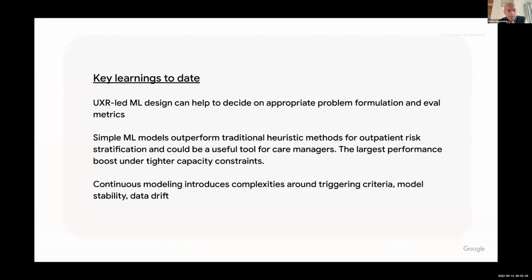So given time, I'm just going to pause there and highlight three key learnings to date. First, UXR-led machine learning design can help to decide on an appropriate problem formulation and eval metrics, and help to bring in the capacity and policy-based notions that Nigam had referenced at the beginning. Secondly, fairly simple ML models in terms of the model architecture itself outperform traditional heuristic methods for outpatient risk stratification and may be a useful tool for care managers, with the largest performance gains seen with tighter capacity constraints. And then finally, this continuous modeling, where we're triggering for each patient every month in some cases, introduces